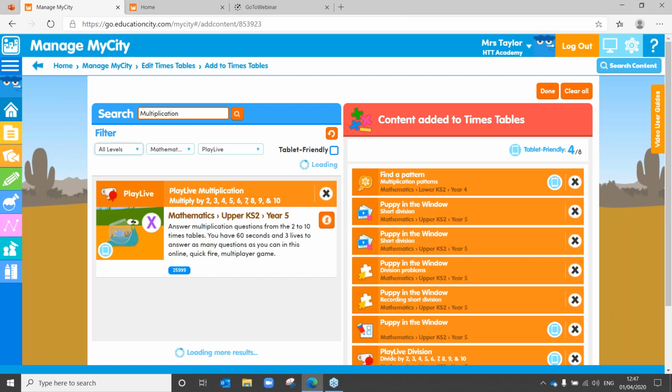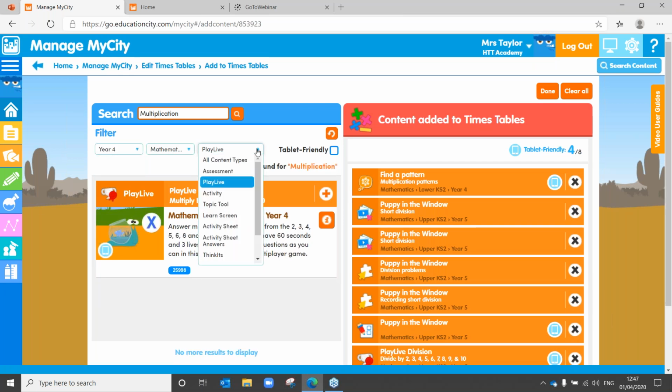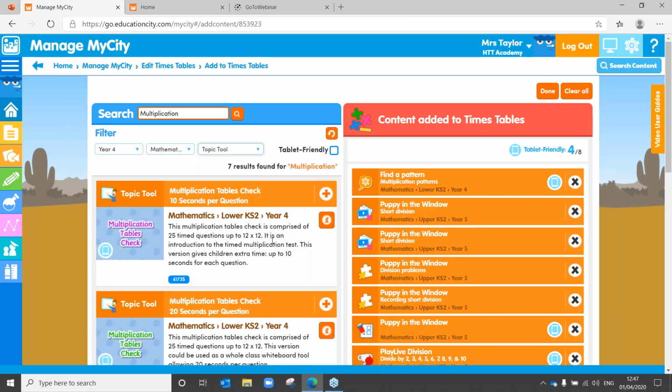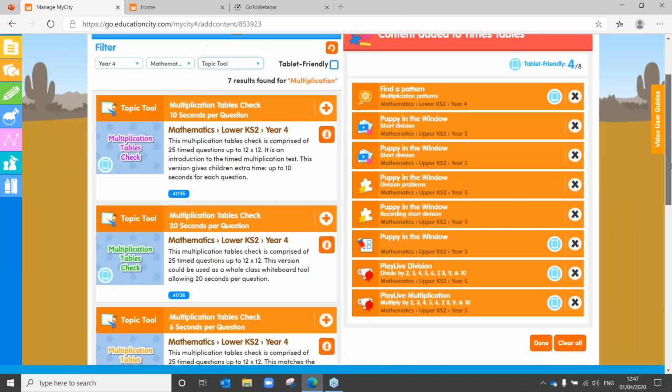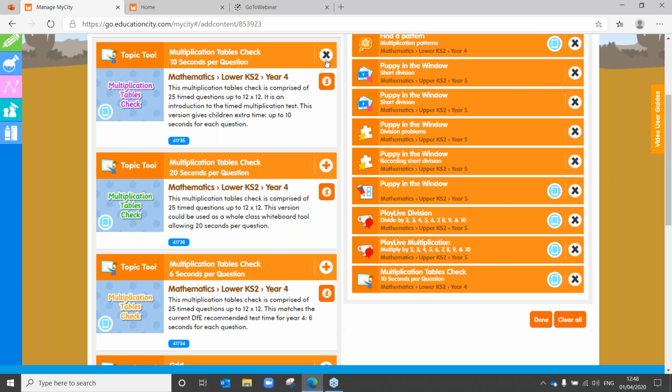Now, for those of you teachers who may be worrying that children aren't doing their multiplication check this year, please don't worry. We do have our multiplication checks on here as well for you. As you can see just there, you've got your 6-second one as per the government standard, a 10-second and a 20-second one. So children can build up their skills and their confidence as they go through. They can keep practicing, so let's maybe pop the 10-second one in there